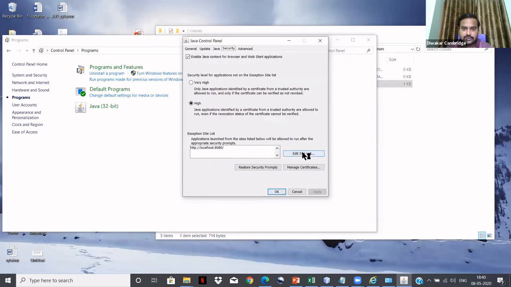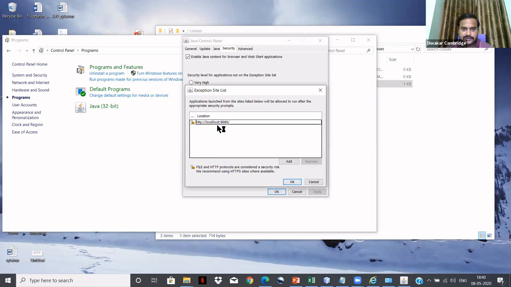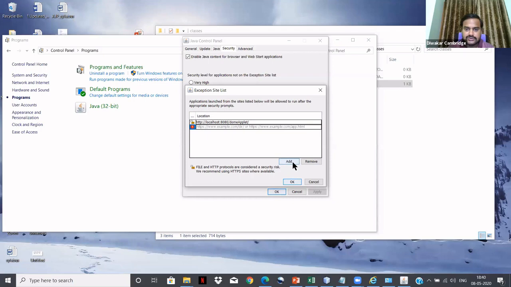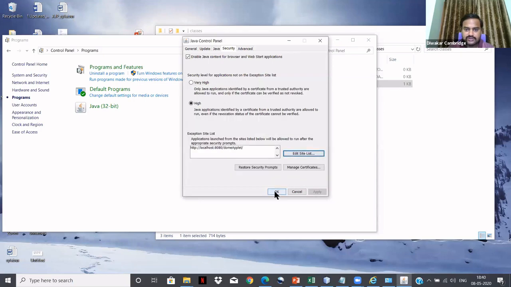Now, you go for Edit Site List. You paste that URL which you have copied. What is this? HTTP localhost 8080 and the project name. You click on Add, and you'll get a message that including an HTTP location in the exception site list is considered a security risk. Okay, you bypass this, then click OK.